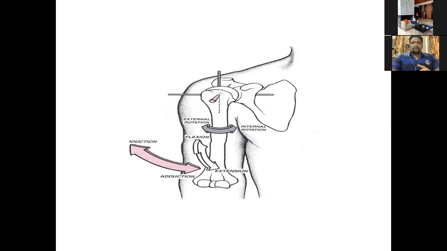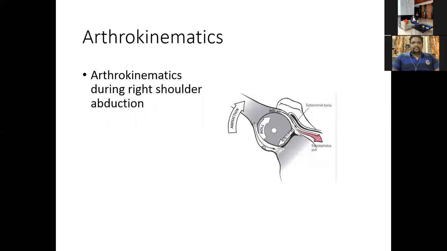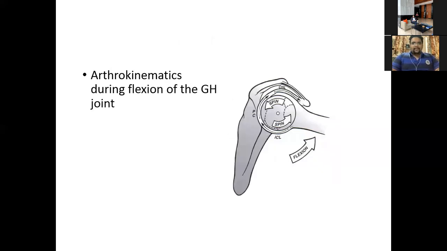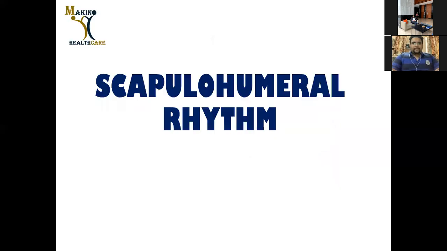Now, if we talk about the arthrokinematics of these movements, then during abduction, the rolling is in the same direction and sliding is in the opposite direction. Similarly for the rotations, external and internal rotation, but in case of flexion and extension, there is pure spin between the humeral head and the glenoid fossa. Now, moving up to our main topic of concern today, that is scapulohumeral rhythm. So what we have studied till now is AC joint motions, SC joint motions, the summation of AC and SC joint motion causing motion at the ST joint, and the glenohumeral joint.